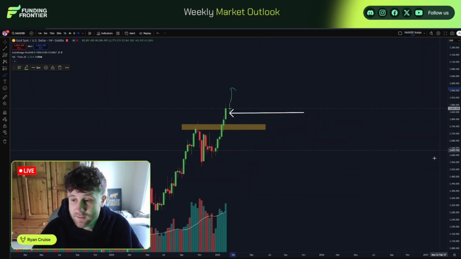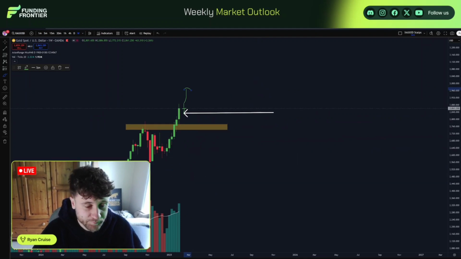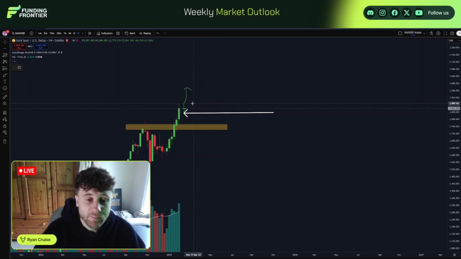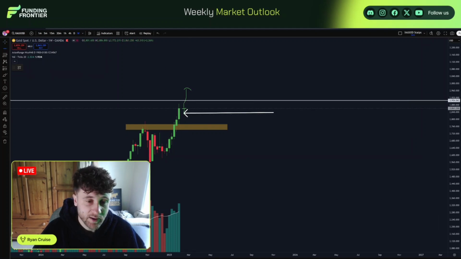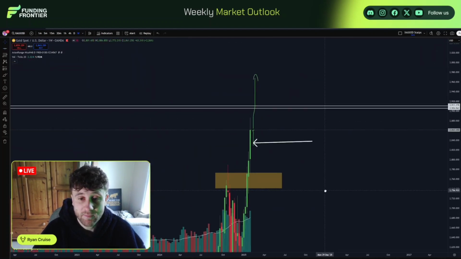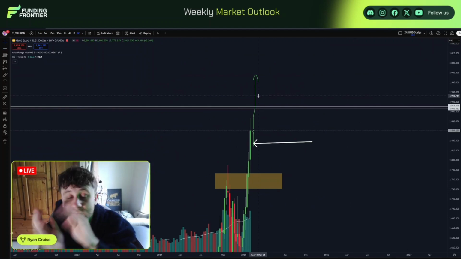Now, the best thing to do, which gold reacts off, is $5 increments. So current price, if we break that previous high at around 2890, right? We break that previous high at 2890. Your first point of call is going to be 2895, around that level. And then if you continue up on bullish, then you're going to go 2900, and so on. So each time we go in $5 increments, 50 pips up, that's going to be your target points, because you're reacting off price rather than previous data at this point.